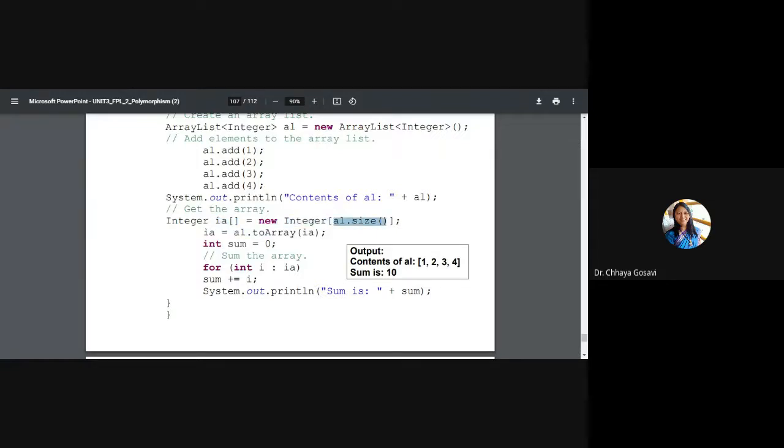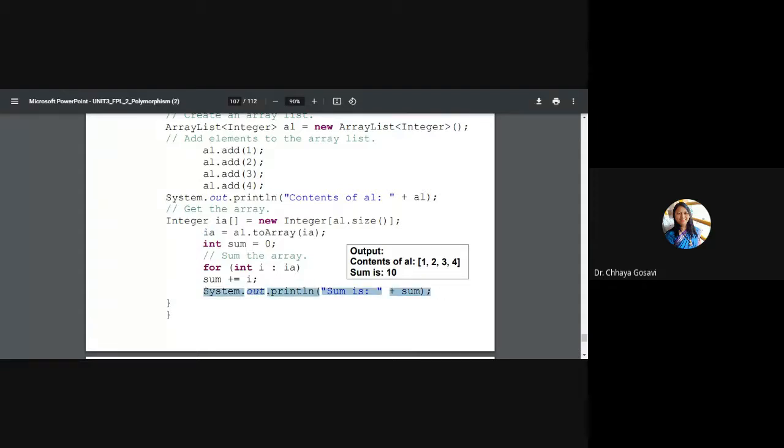We have created this array object, and AL dot toArray, in brackets we pass this array object and assign it to that particular object. And this is a for-each type of loop. For I in IA, sum is equal to sum plus I. Note that IA is this complete array, and it will print the sum.